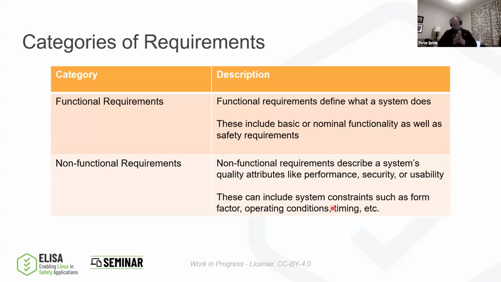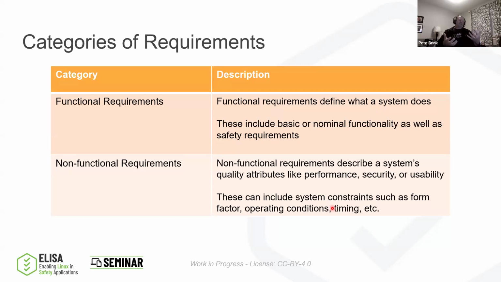We have different categories of requirements. We can have functional requirements, which basically give a description of what the system is supposed to do. It can include the nominal functionality. We include here the safety requirements, but arguably there are many different types of capabilities that we might want to specify here. So we want to specify clearly what the nominal functionality for the system that we're developing is. But if there are safety constraints or security constraints associated with it, then we capture the requirements associated with the safety and security as well.